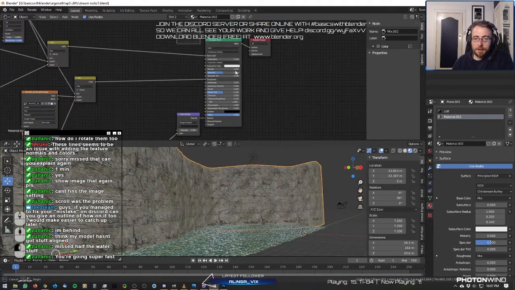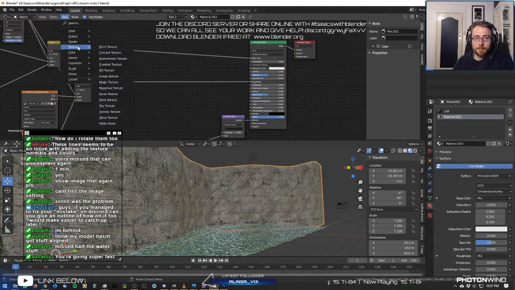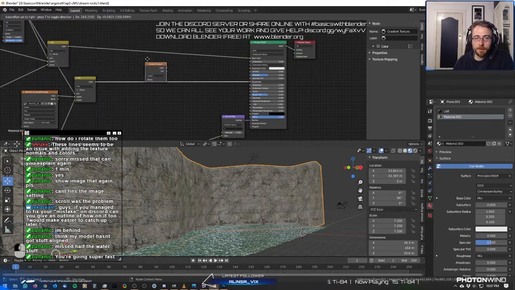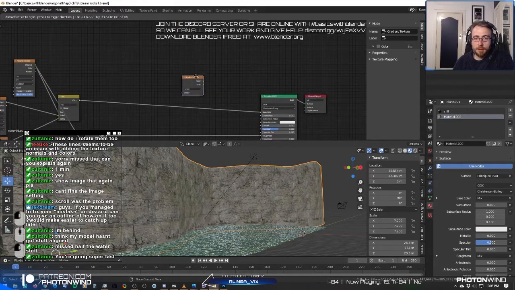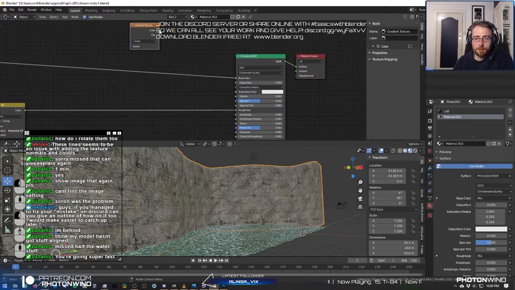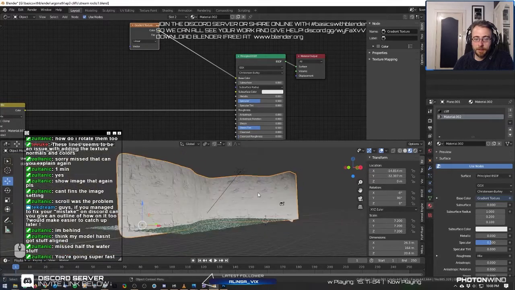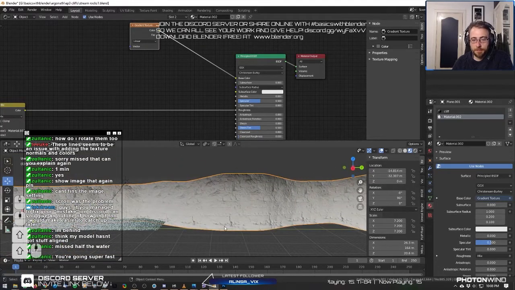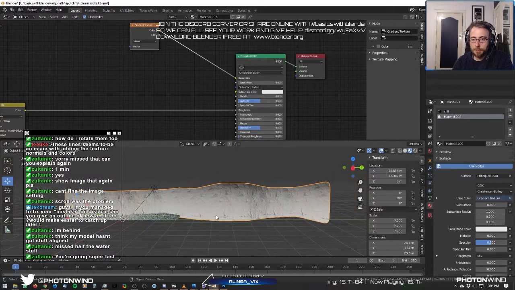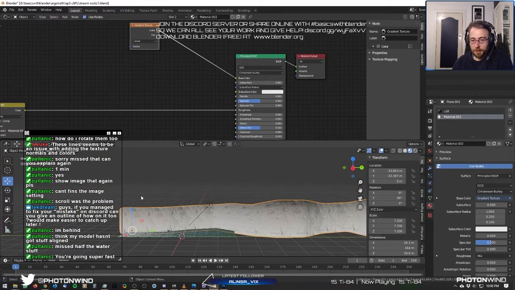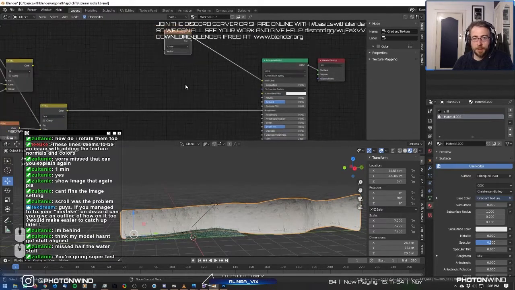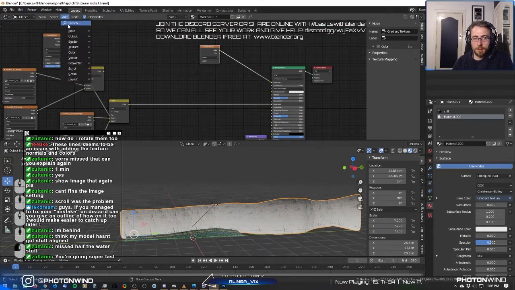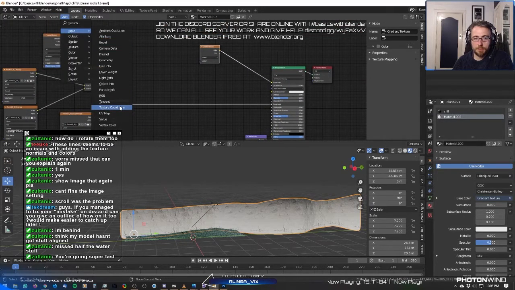So to add the waterline stuff, what I did is I added a gradient texture input. So a gradient just creates a gradient in space, and we just want to map that around. So if I just replace the color with this, we can see that in my case it goes from black at the top to white at the bottom. Yours might go from black on the left to white on the right, or the other way around, or something like that. So we just want to add the input for the texture coordinates of the object,